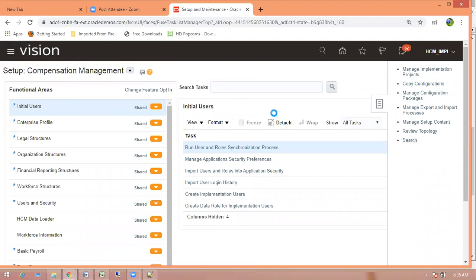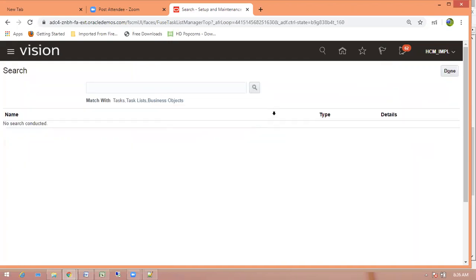Enterprise structure configurator is a guided flow, which will guide you through the list of setups that need to be done as part of the organization setup. It is a kind of tool. It will guide you through the process of setting up the basic enterprise structure. Using it, you can define the organization structure, job, position, and enterprise.